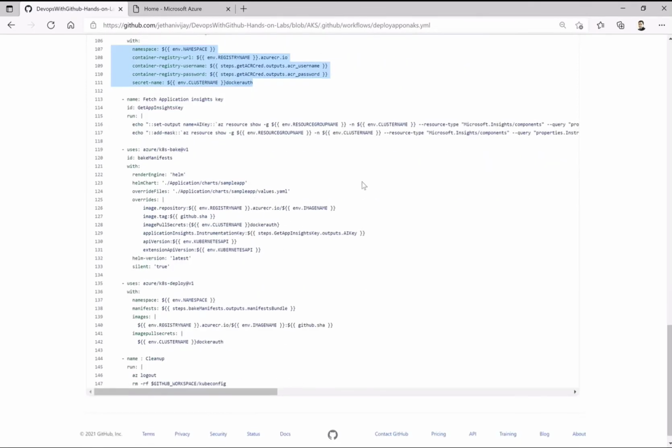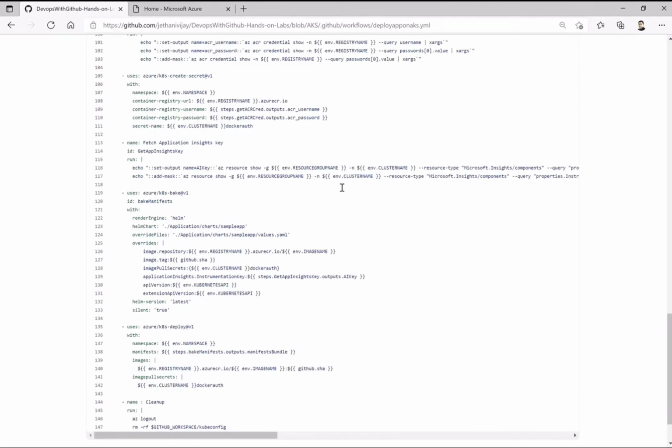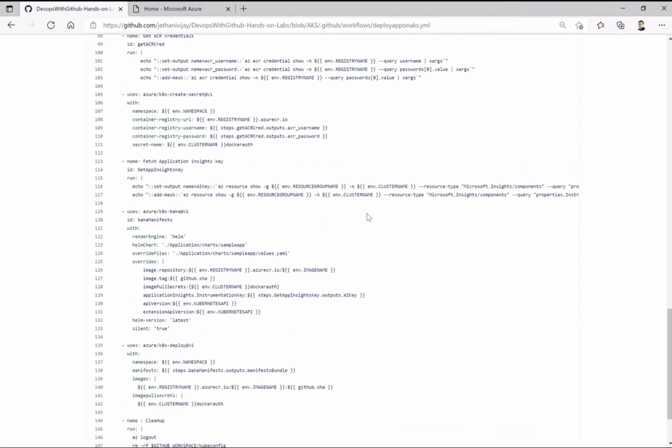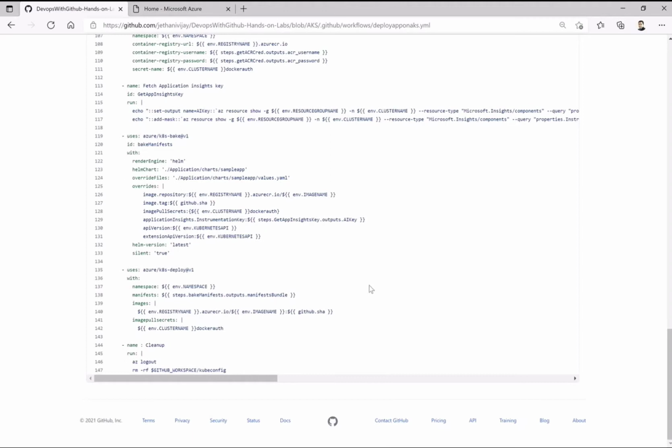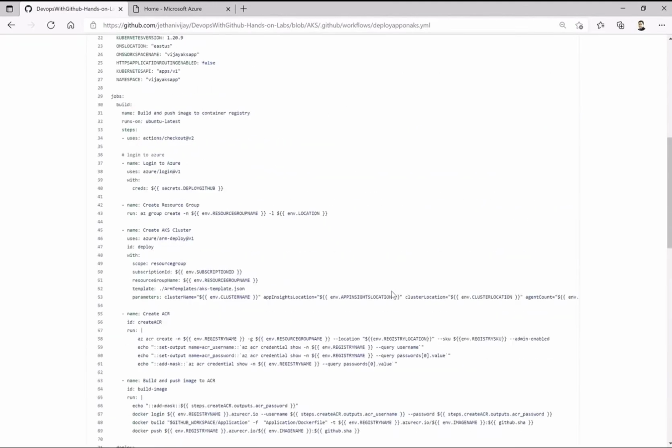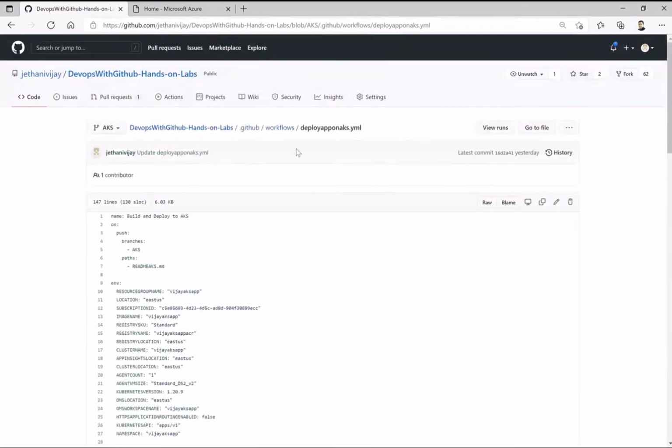Okay, so obviously if you are doing it for the first time, I would say just use it as it is. But then as you go ahead and do your own production workflows, then you have to put some concept around it: when should I use this particular masking, and when should I use the respective fetching at runtime. Okay, so these are some of the concepts you will require while you deploy this in the production environment. So let me go ahead and deploy this.